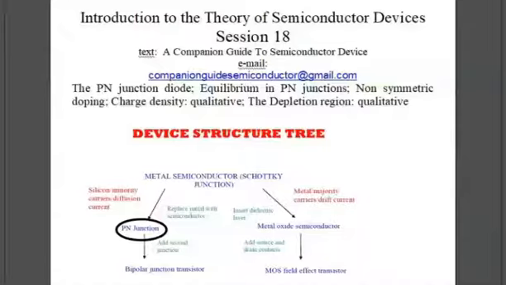Like all of the devices, and there are essentially 5 devices, the metal semiconductor we covered, the p-n junction, and then the next one will be the bipolar transistor. Then we're going to flip over to the right side of the chart where we're going to continue with the metal semiconductor, but we're going to stick an oxide layer between the metal and the semiconductor, and then put 2 electrodes on either side of the device, and we're going to form a field effect transistor.